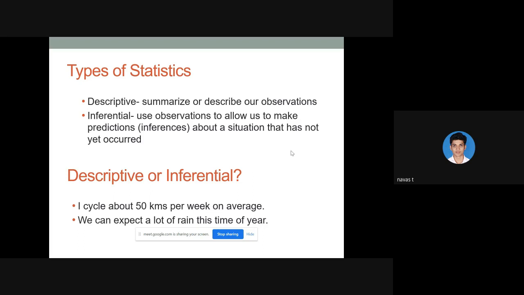And in inferential statistics, we use observations to make predictions or inferences about a situation that has not yet occurred. In inferential statistics, as we said previously, using different statistical methods, we are making inferences from our result, or we are making predictions from that result. For example, in the stock market,